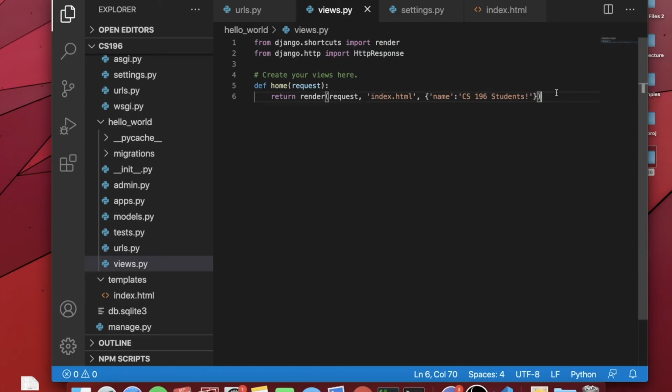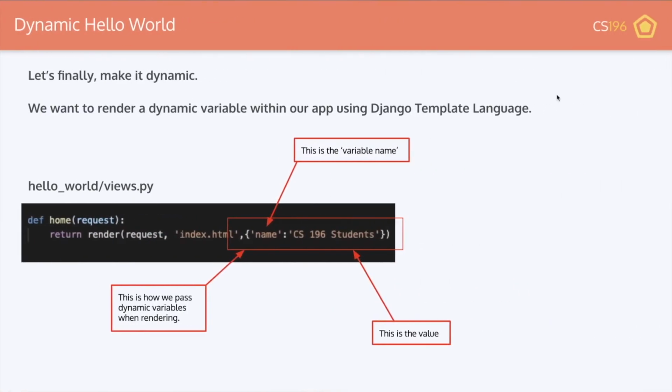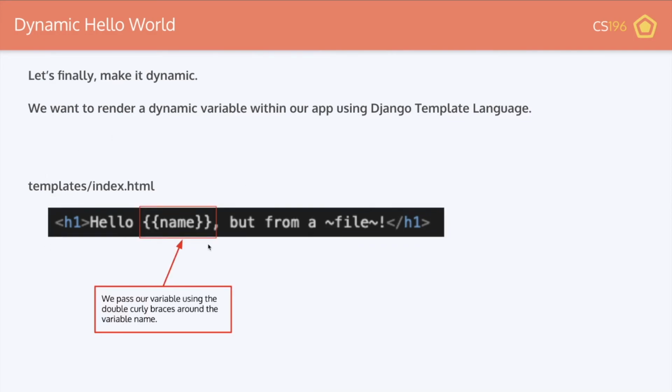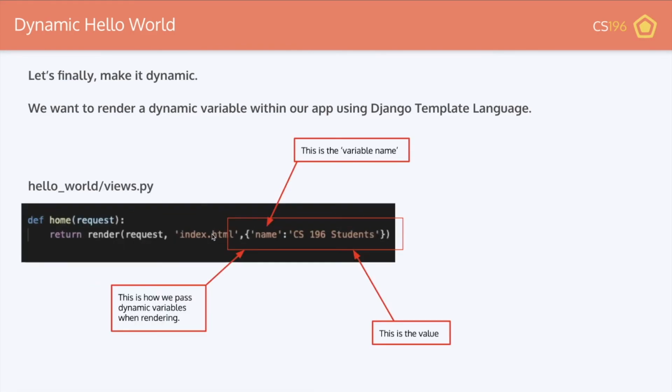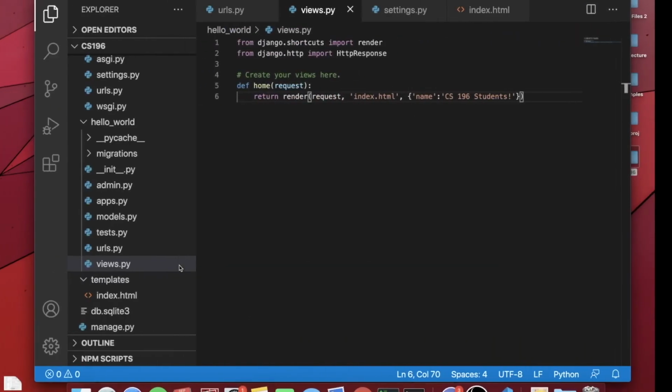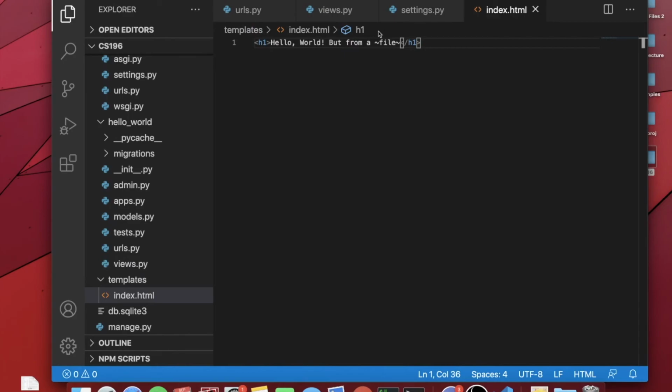All right, that looks good. But now we also have to update our index, or our template, sorry. So we go to the index file and see where we had name world before. We're going to replace it with these squiggly brackets and then the variable name. Notice that's what we used here. That's what we're going to pass here too. So let's go back into index, replace this with name,